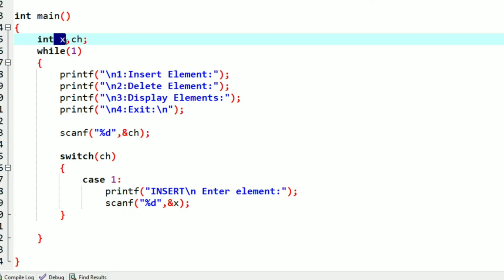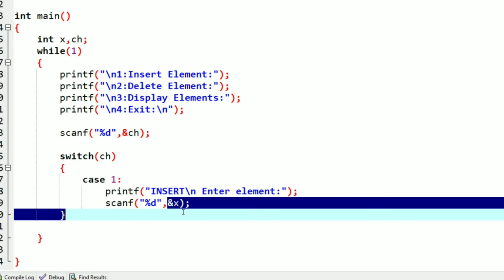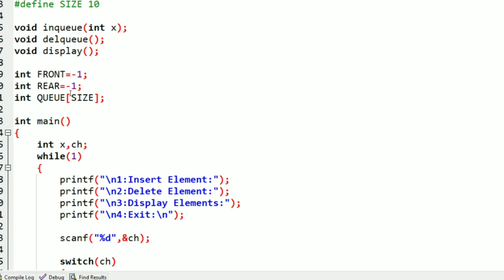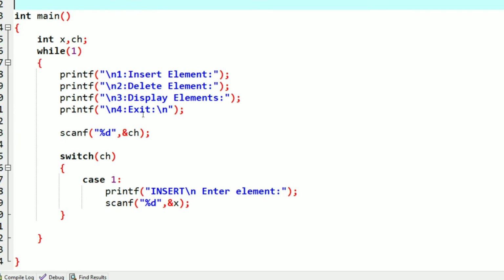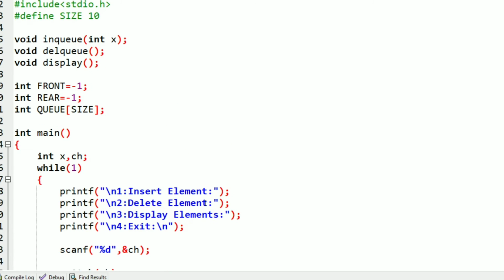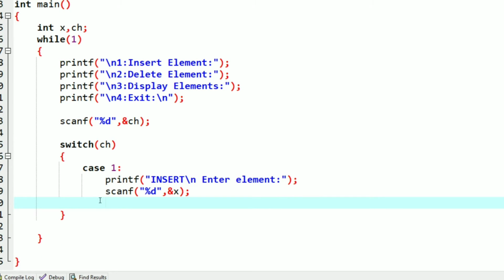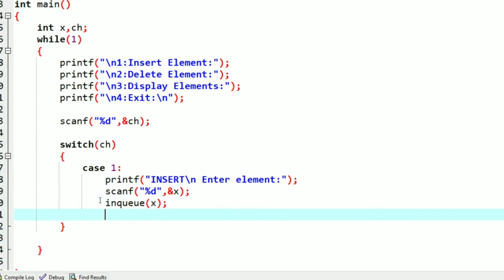So we have taken the input from the user that he want to add this element in the queue. So now we will call the function which we have made for inserting the element. So which is the function? That is enqueue, right? So we will call the function. So we will write enqueue in bracket x, as we have declared that we want integer value x for the function. So inside the round bracket we will write x, which we are getting from the user, and break this case.